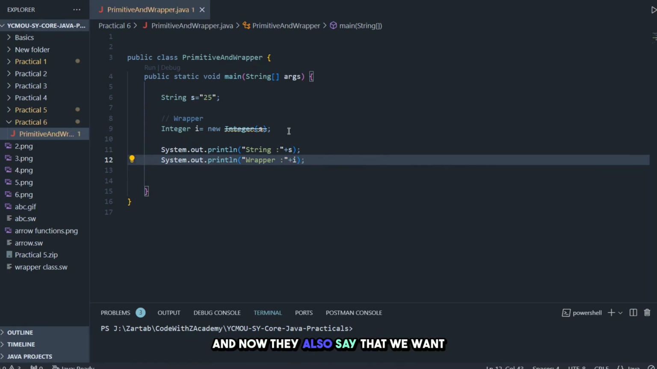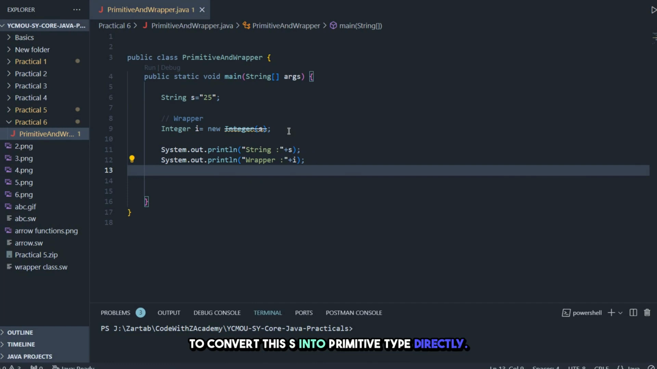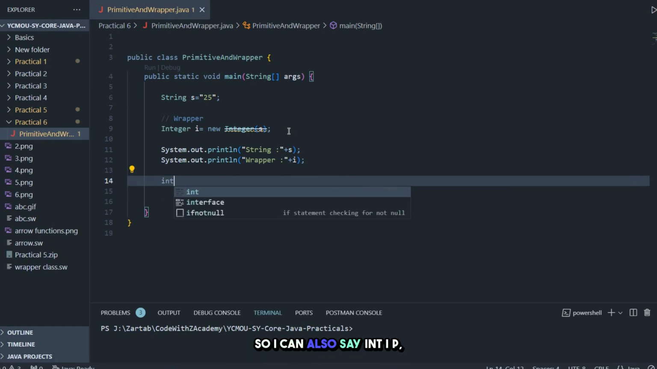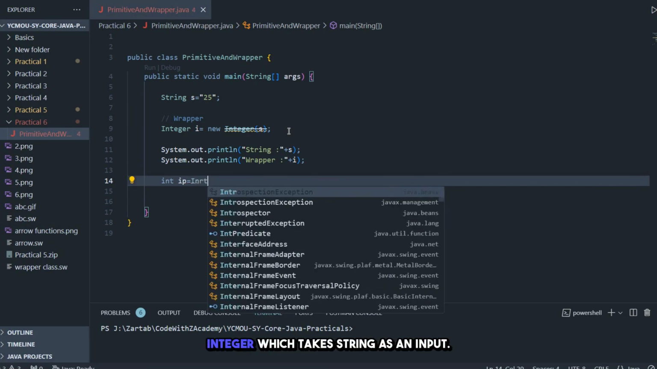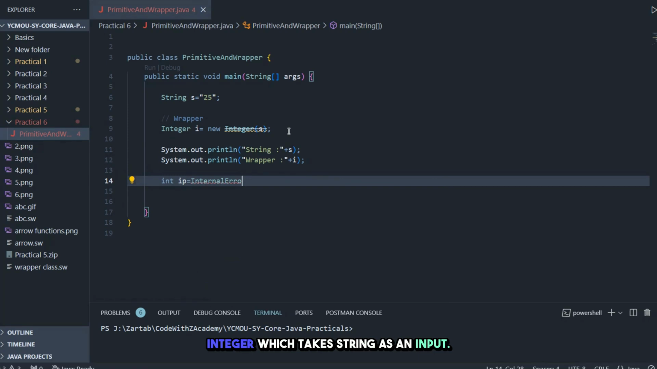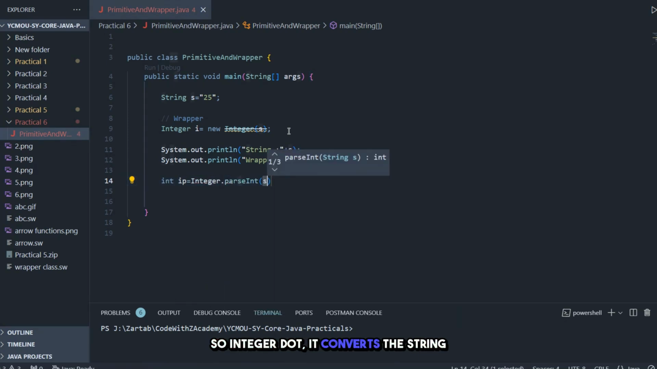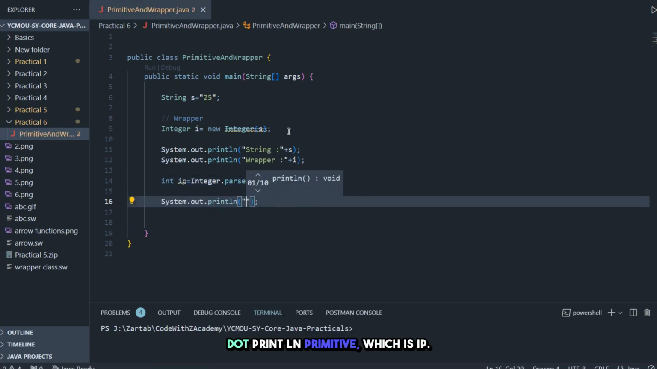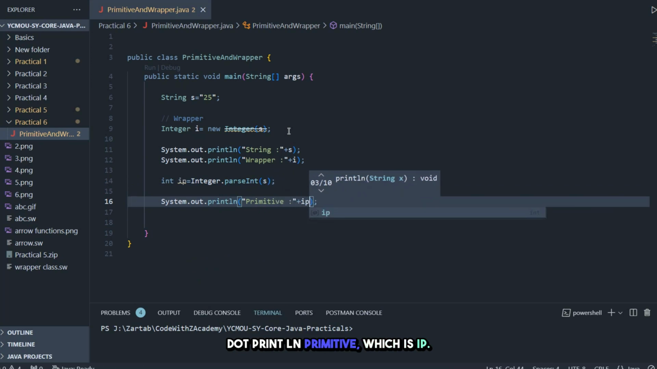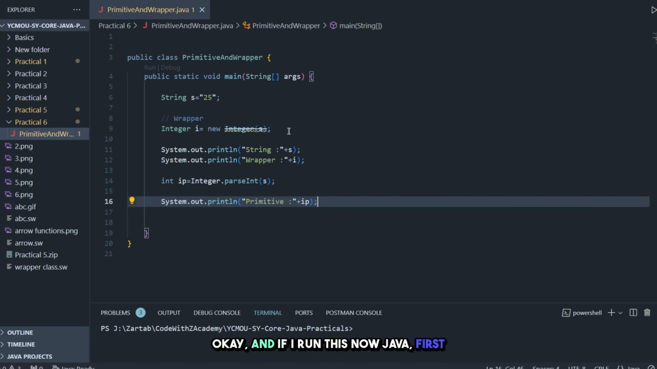Now they also say that we want to convert this s into a primitive type directly. So I can also say int ip, which is the primitive, is equal to Integer dot parseInt. There is a static method in Integer which takes a string as an input, converts the string and gives us a primitive value. So here I say System.out.println primitive, which is ip. And if I run this now,